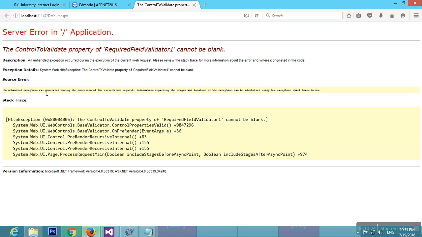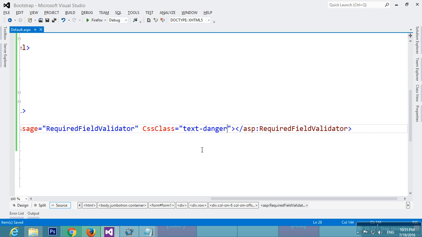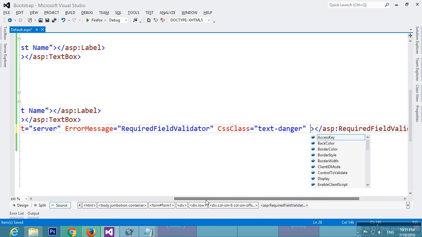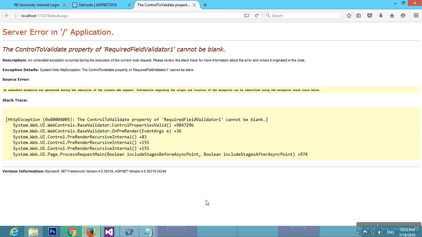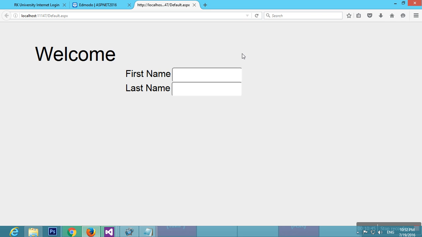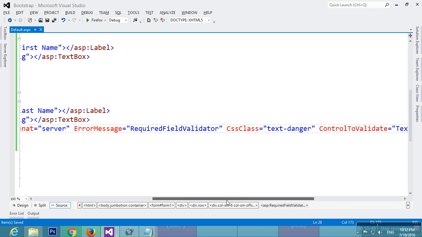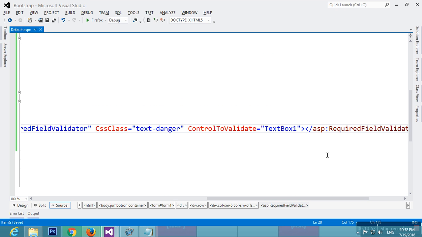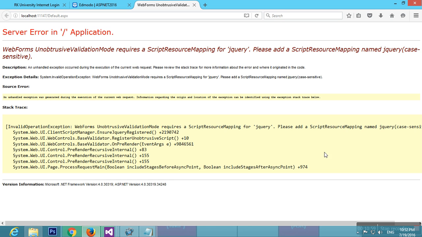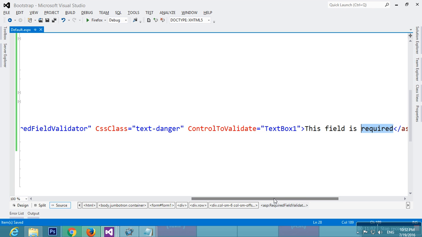Just let us see what this is. The control to validate. This exception is fired because I have not provided the control which I want to validate. So let me provide that control to validate, let's say, text box one. Now I'll also provide what error message it wants to show. The message is not provided. Let's say this field is required. I'll use the property window.